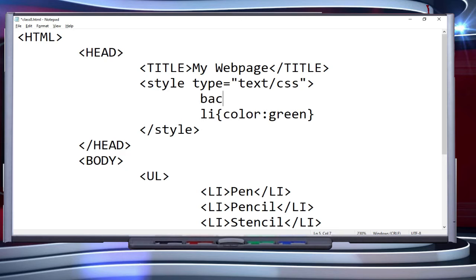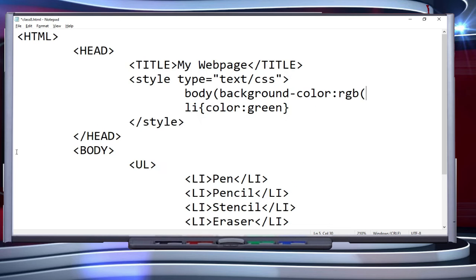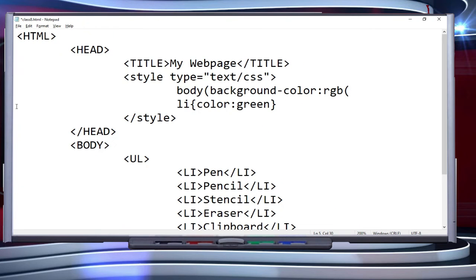For that, we will be including it in body, and then background-color will be RGB, and here we can include an RGB code where its initial value is 0 and it can go to a maximum of 255.